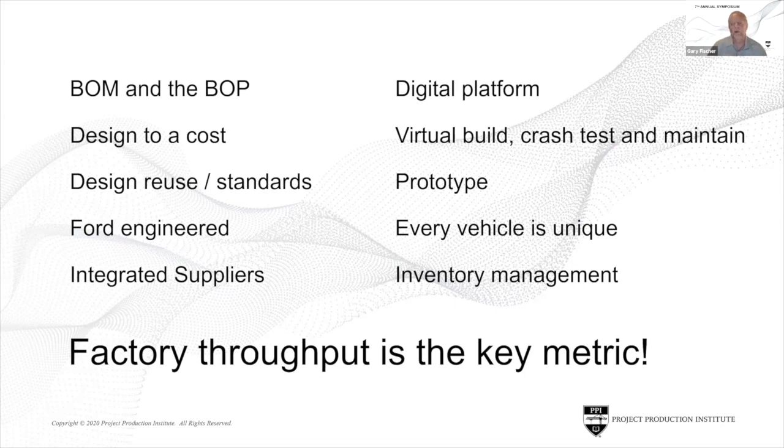Every one is made to order. They're not like we make a batch of red ones with certain features and a batch of white ones with other features. No, every vehicle coming down that line is unique, made to order, which means when the worker turns around and picks up the next part for that vehicle, it's got to be the right part that matches that order, whether it's the red or the blue or the leather seat or the vinyl seat or whatever it is. It's got to be the right part for that particular order for that vehicle.